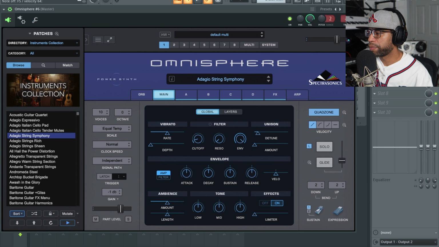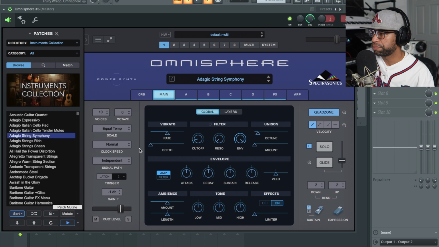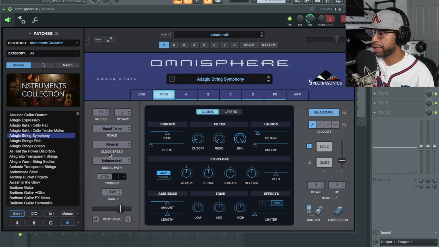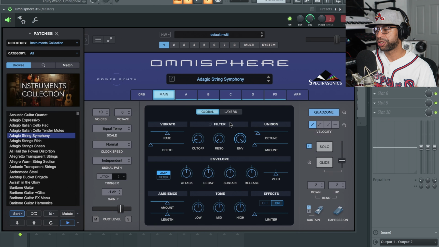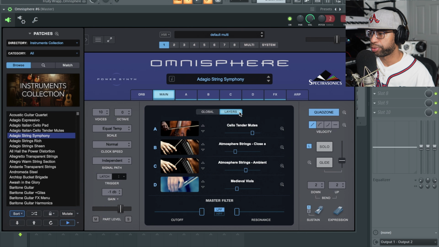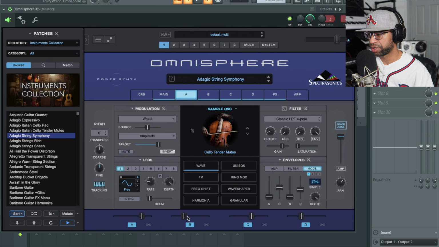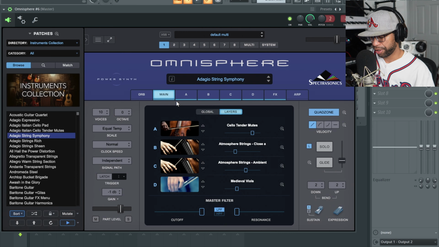All right, so what's cool about this, before we get to this Quadzone right here, let's take a look at this mutate. This mutate is solid because it can change your sound, and it's going to find layers that are similar to try to give you a new preset. If you look right here, these are all of the sounds that are playing right now in order to get the string sound that we have. You can see they're all on, down here at the bottom. So we can come back over here, and again,